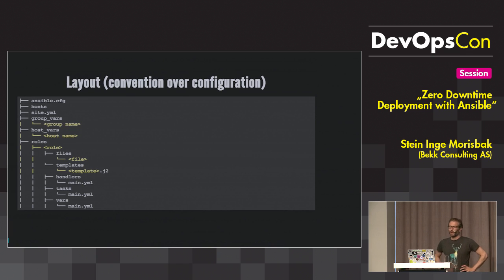Now I'm going to talk a little bit about the Ansible layout. Ansible uses convention over configuration, which I think is nice, because you don't have to think about all these ways of setting up your project to your needs, because Ansible uses reasonable conventions. So if you stick to them, you're better off. All the documentation, all the examples, everything uses these conventions. So you have a config file,